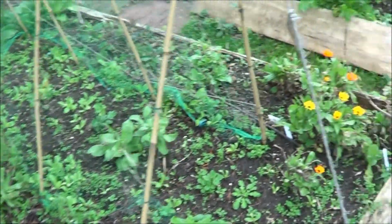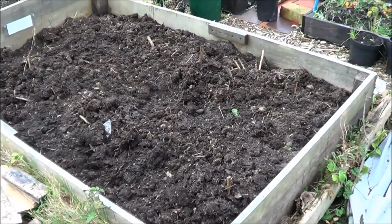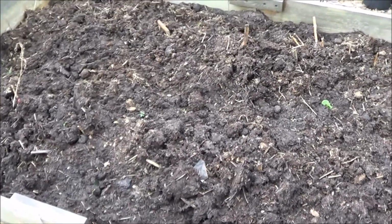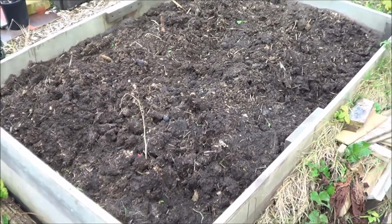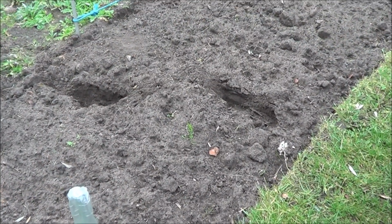Another bed that got some manure treatment was the asparagus bed. That's now been completely weeded. All this year's stems have been cut back, and we've topped it up with manure, so they should grow big and strong next year. This is the patch where we had